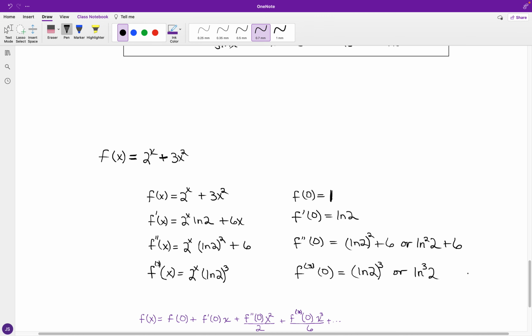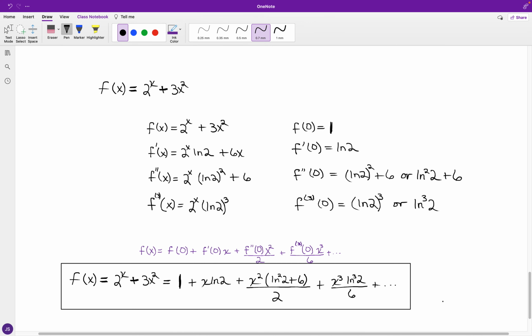And likewise, for the third order derivative, we have the cube of the natural logarithm of 2. You can write that as ln to the third of 2. It's kind of like the square of cosine of x is cosine of x quantity squared, the same kind of notation. And going back to the definition of the Maclaurin series,